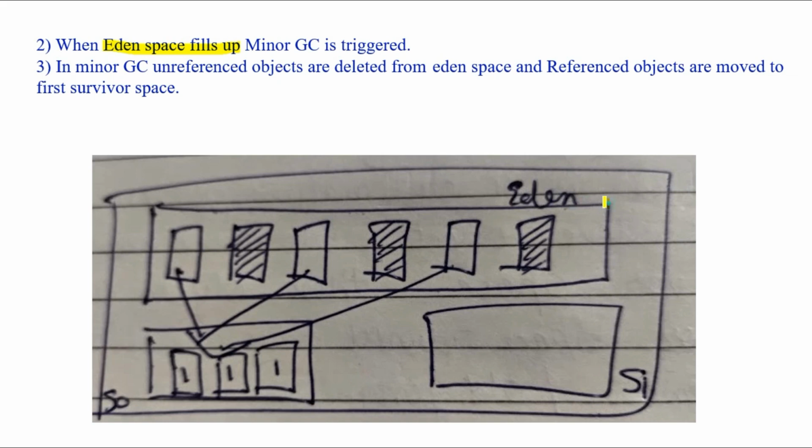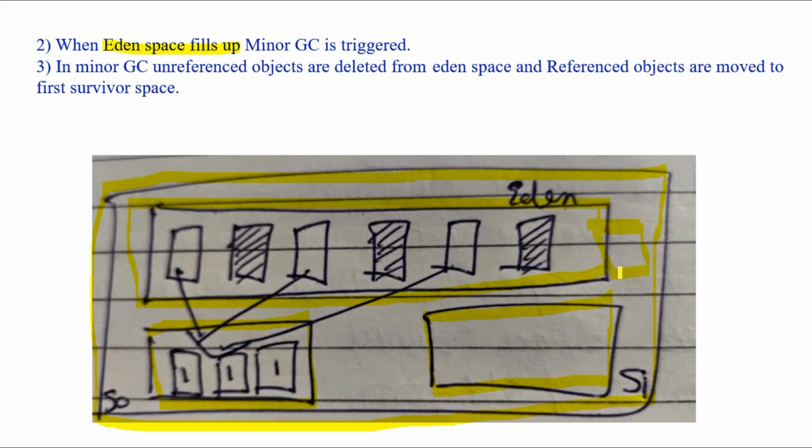Now understand this, okay? This big block is my Eden space. I have told you that the whole young generation is divided into three parts. The first is Eden space, the second is survivor space 1, called S0, and the survivor space 2 is called S1. Now, when Eden space is full, like suppose you have created 10 objects and Eden space has a capacity of holding only 10 objects, then minor garbage collection is automatically triggered by the JVM, because now if you try to allocate an 11th object, what will happen? Out of memory exception will happen.